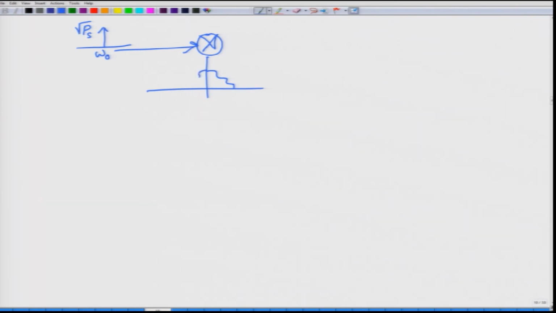Let us assume that this m of t spectrum would look like this. Maybe this is deterministic or maybe it is not deterministic, but you can assume that this is the spectrum that would be coming out of this m of t. For now, we will just take it to be a deterministic m of t. Okay. So, I have this m of t spectrum.